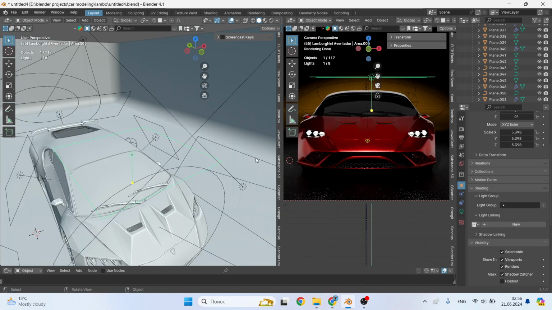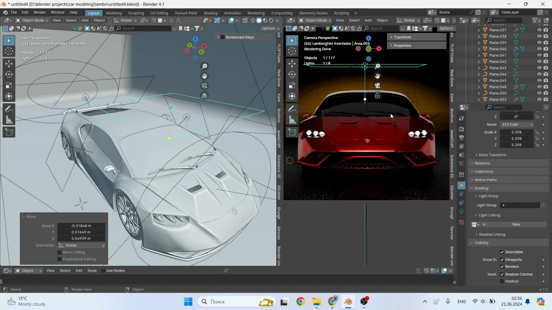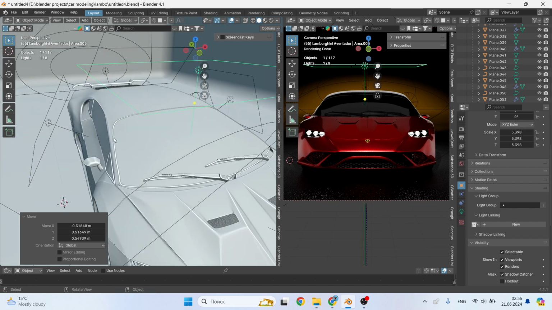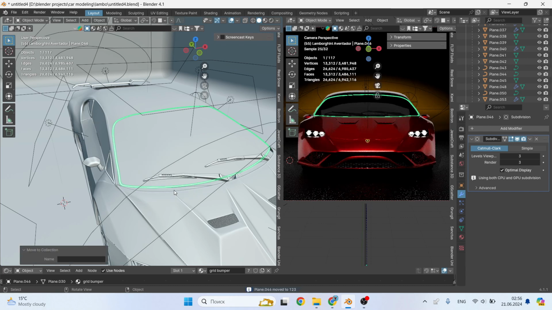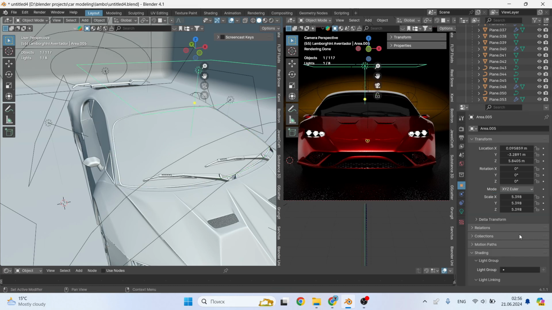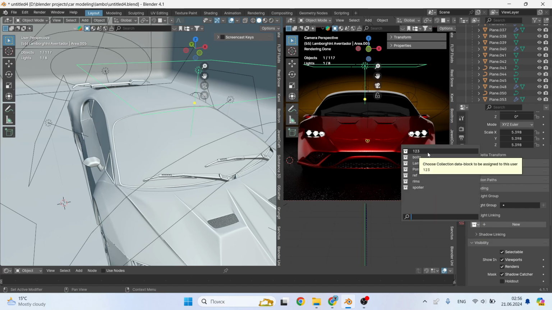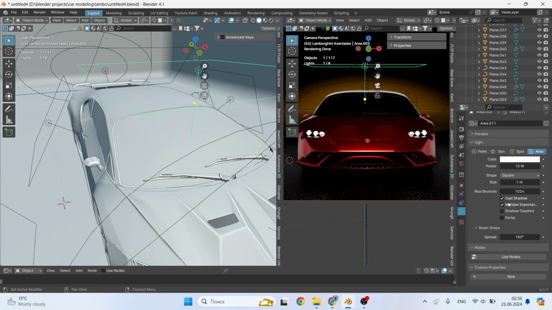There is also one such moment that the chrome outline around the windshield is not visible. It needs to be illuminated so that the light does not fall on other objects, and there is a special technique for this. First, the chrome outline needs to be placed in a separate collection. Add a light area. Go to the Object Settings and then in the Shading tab we find Light Linking and add the folder in which our chrome outline is located, and thus this light area will shine only on it and not interact with other objects. We adjust the light power a little and everything is ready.